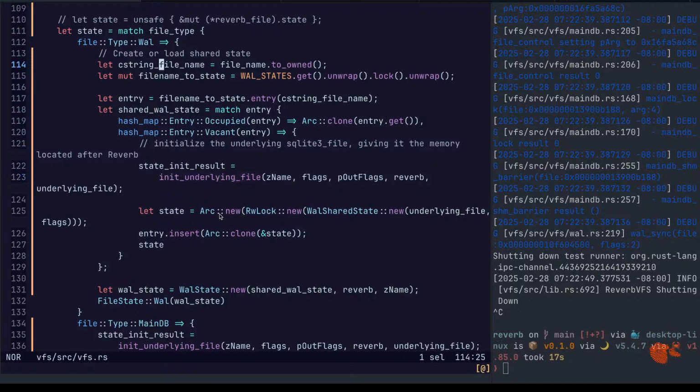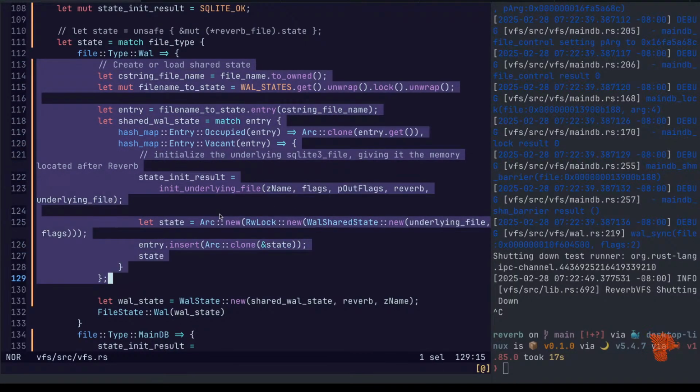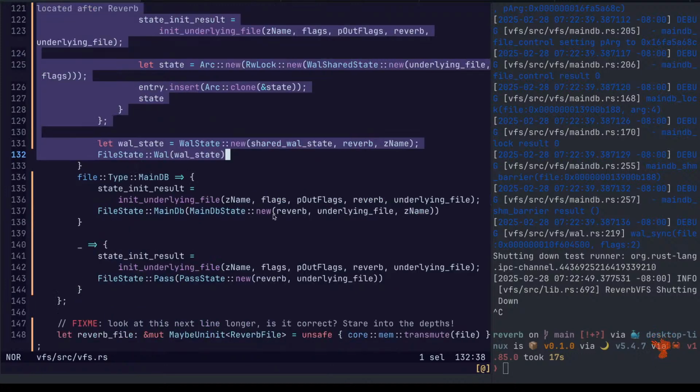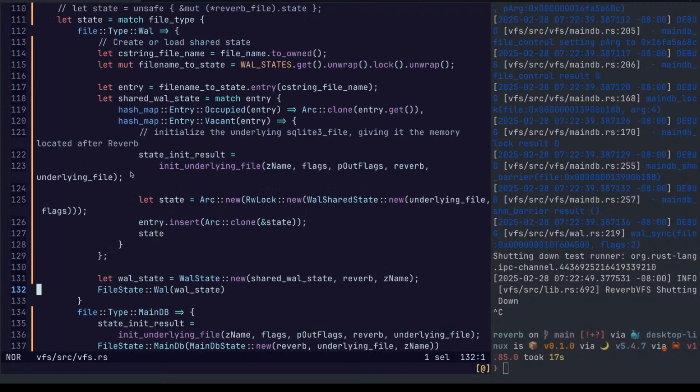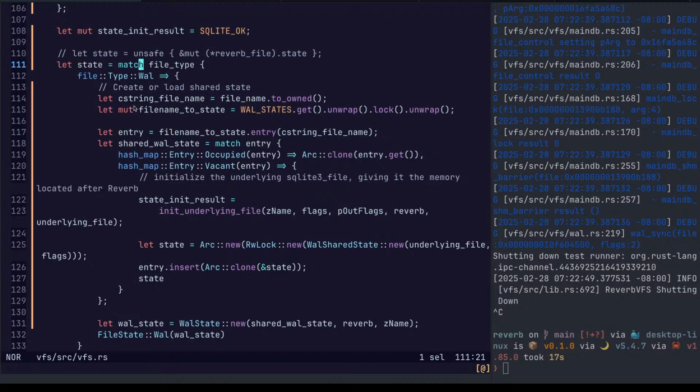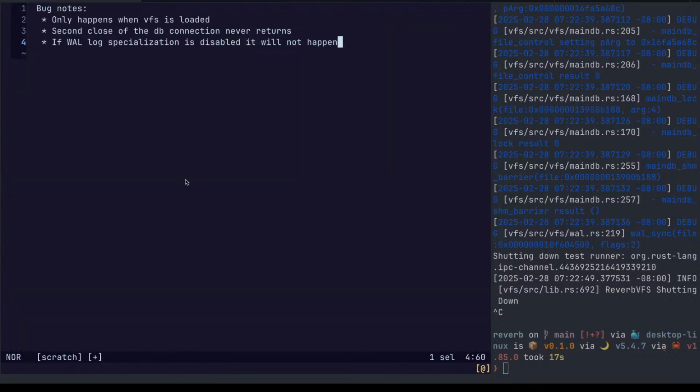Essentially, if I tell it not to come through and process the wall log, but instead make the wall logs pass through, it won't happen. Okay. So, wall log specialization still causes an issue. It is not related to shutdown or wall close.